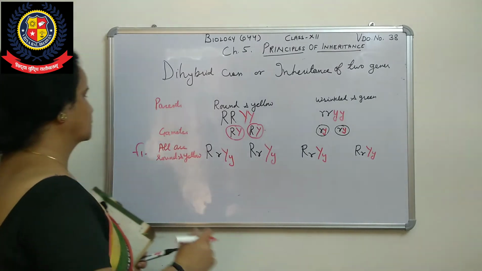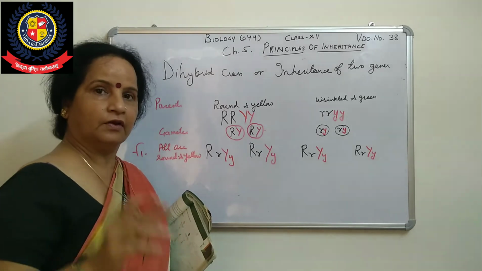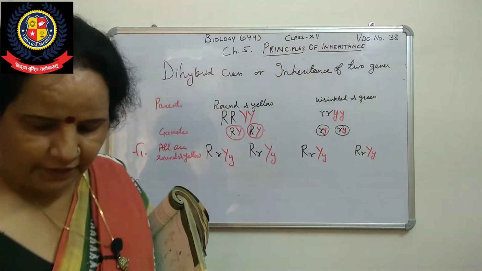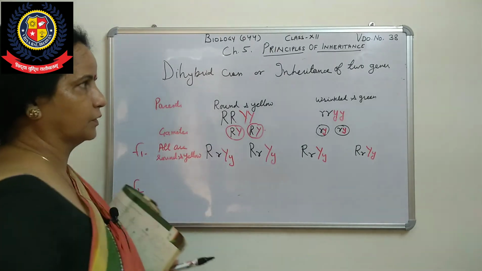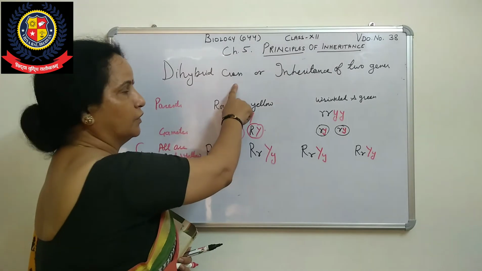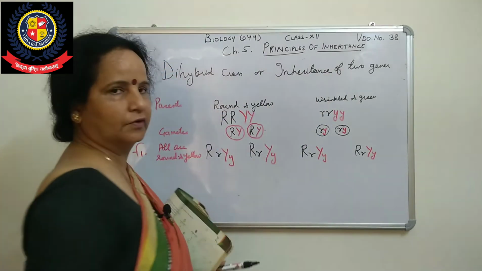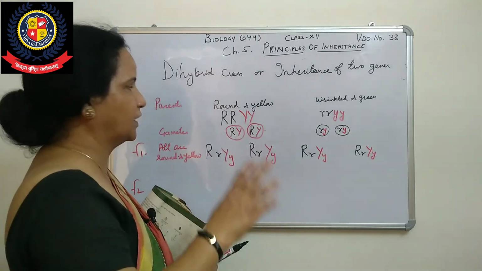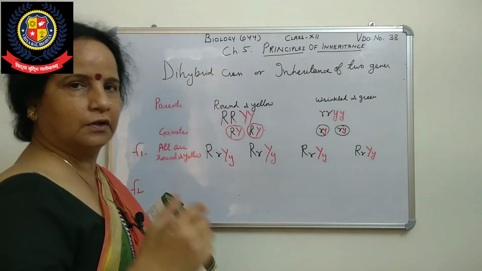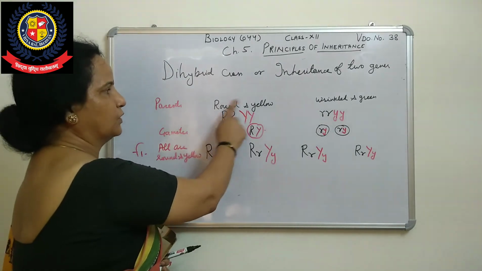When we talk about the F2 generation, what will happen? We will use a Punnett square. In a Punnett square, we can say what types of gametes are formed. Is it clear, beta? Again I am telling you that we have taken a dihybrid cross, the inheritance of two genes. How will we make a cross when taking two traits together? Such a cross is called a dihybrid cross. Here we have taken two traits of the pea plant, round and yellow.